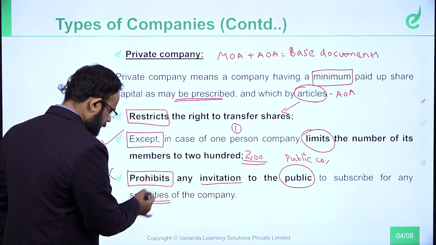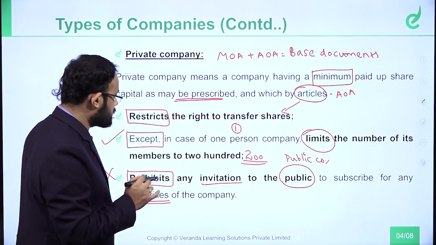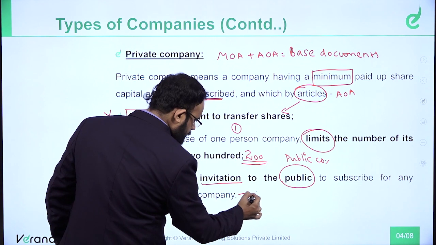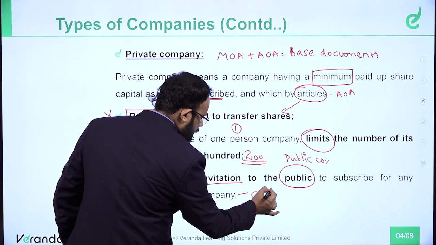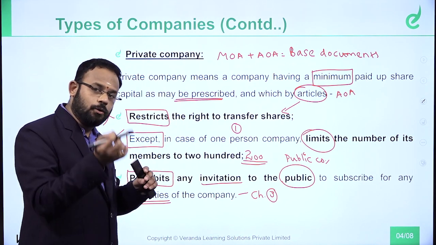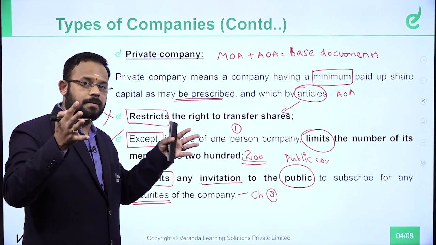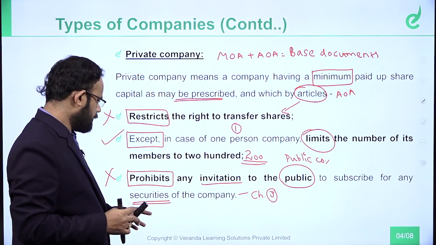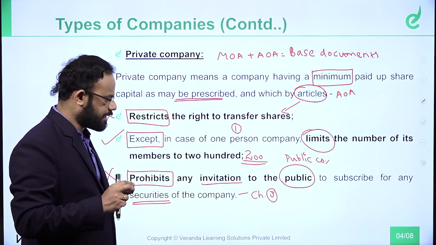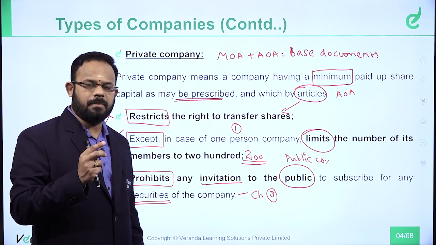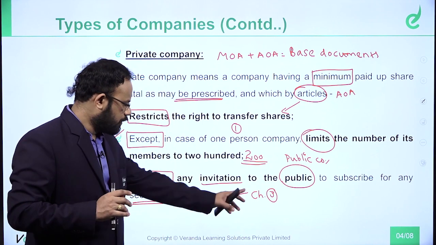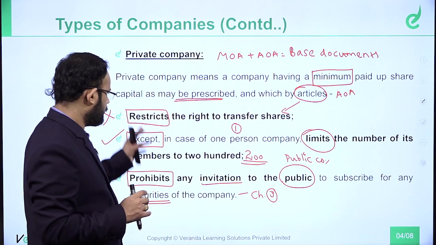It is not shares. So what is securities? This word securities will be defined where? It will be defined in chapter number 3 of the Companies Act, which is called prospectus and allotment of securities. Securities includes shares. Securities is a broader term. Please remember this for any securities. What is that security? You will cover this in chapter number 3. What is your chapter number 3? Prospectus and allotment of securities of the company. So you can remember that you will cover that in that point.